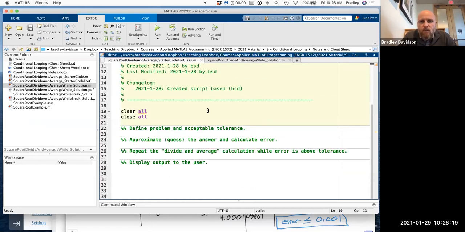So if you pull open the starter code for the square root, divide, and average, then what we need to do here